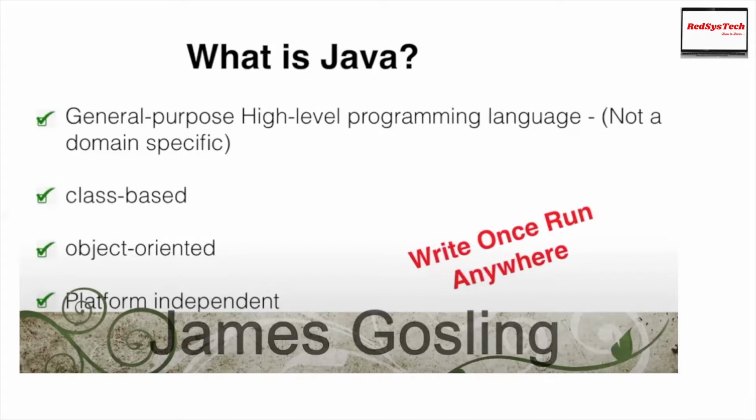If you guys know this already, it was developed by James Gosling, and it was a high-level language. But the beauty of Java is that you can write once and run anywhere. We will go through the next slides where we are going to see what that means. Everything is class-based, object-oriented, platform-independent. Java is one of the beautiful languages that you can learn easily, and how you learn makes the difference in understanding the concepts.